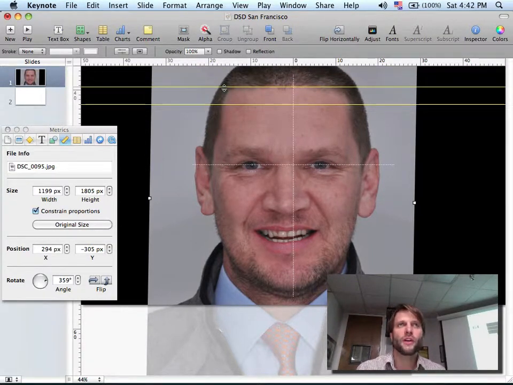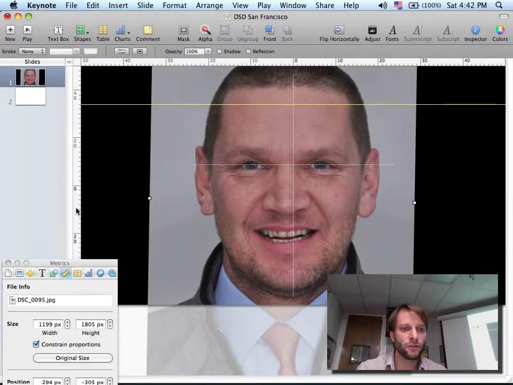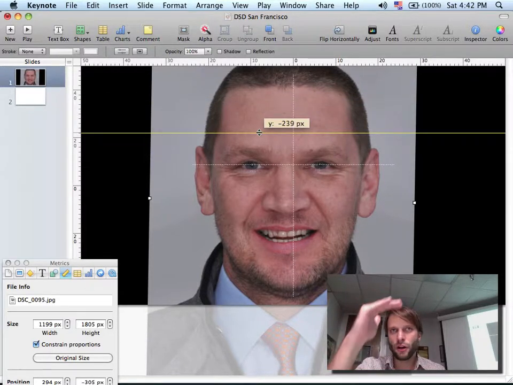If I want to remove the line, I just drag the line back to the ruler and it will disappear. The same thing with the horizontal ruler. Click, hold, and drag, and you will have as many lines as you want. So since we are working with the horizontal, I will bring 1 horizontal line